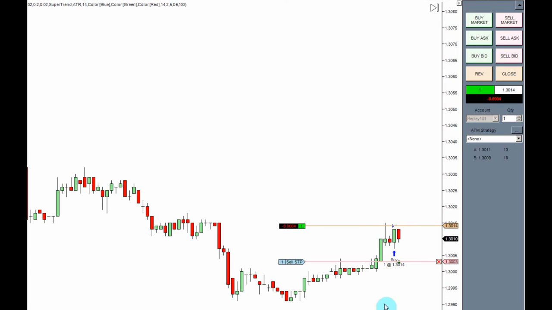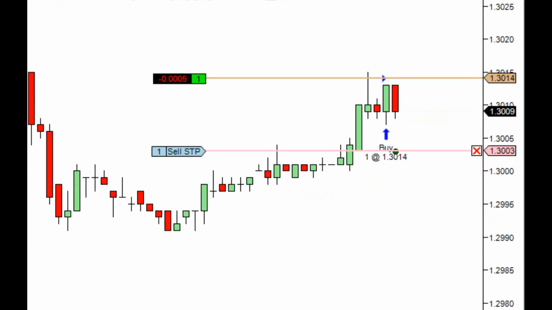Notice that what it's done now is turn green, and it is starting to trail my stop for me. So let's see if the market goes up, and then you can get an idea of how this works. Now keep an eye on the dots below. What you'll see is that it starts to trail dots according to the trailing methodology in the position that you're